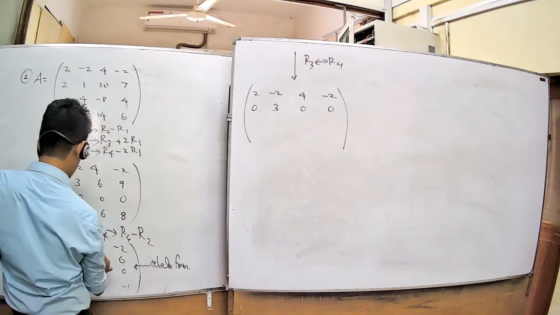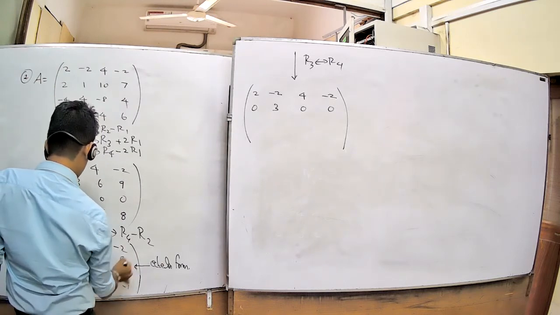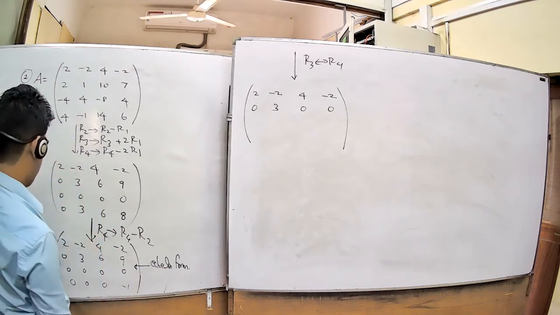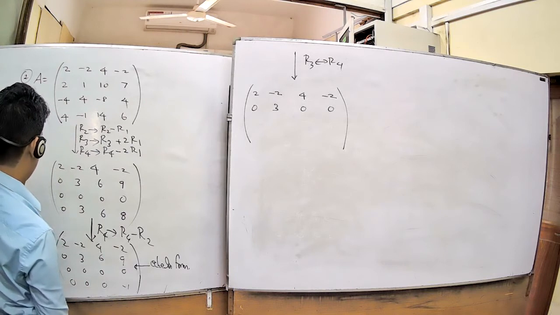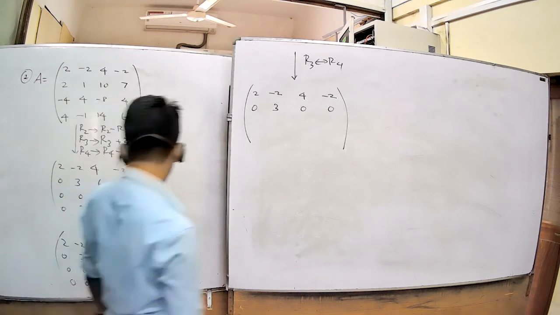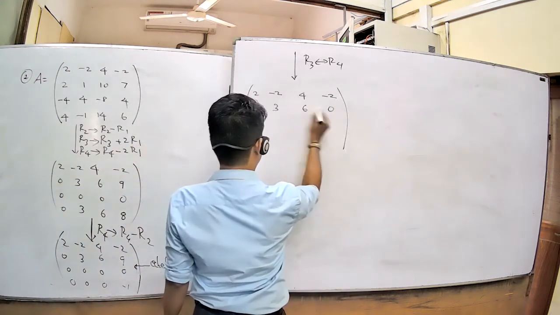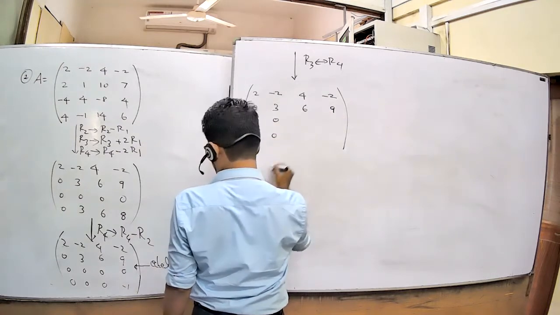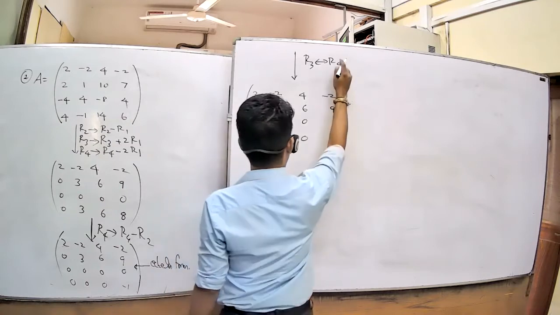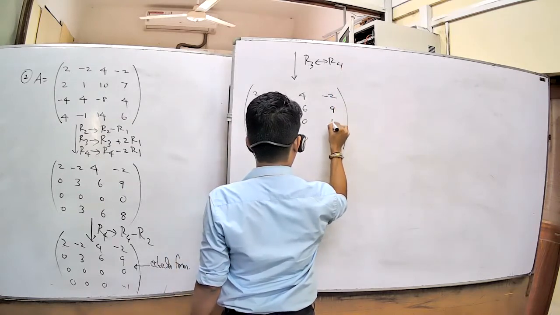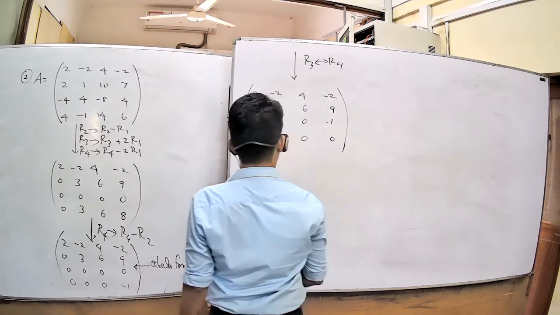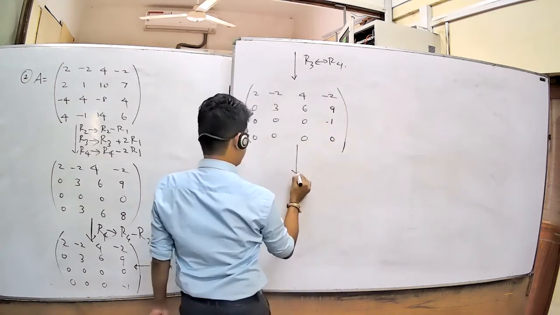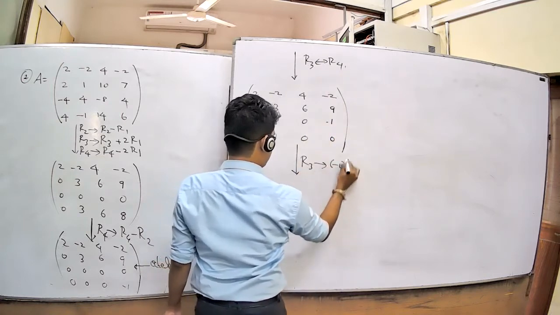Here, okay, here the value is 0, 9, but here 0, minus 1. It is your equivalent form, right? Now here 0, here 0, 0, 0, 0, 0, here minus 1, 0. And also, one more step, you can move to R3, now you replace by minus 1 times R3.